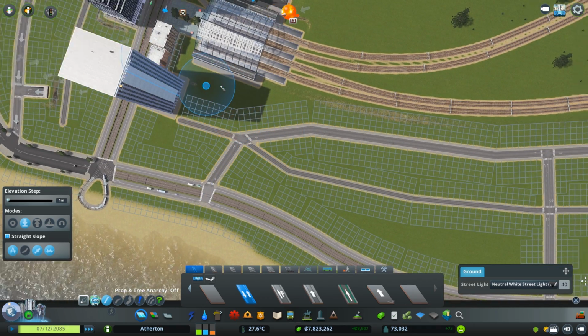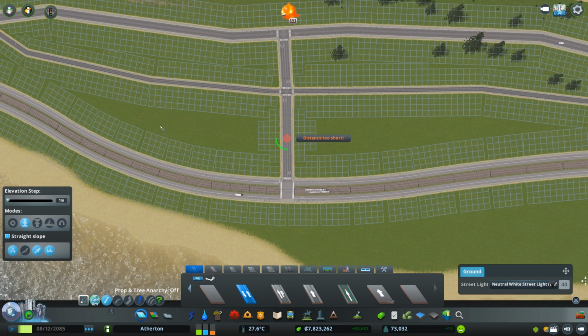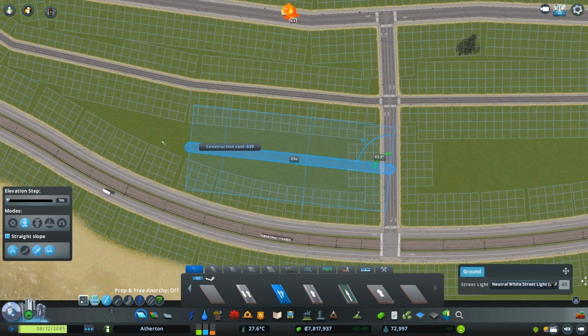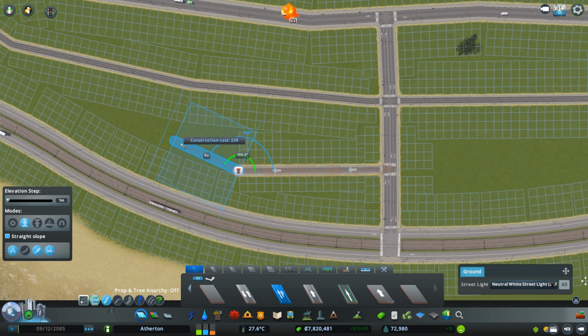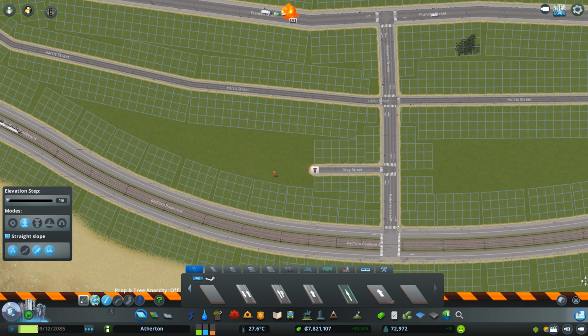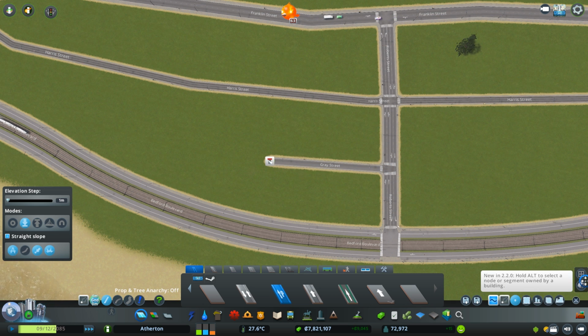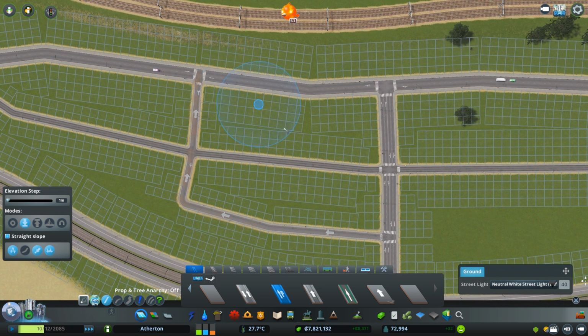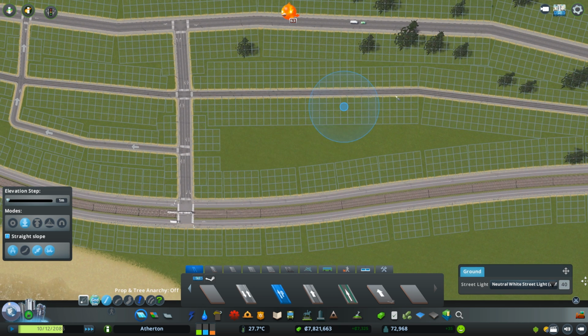And then, yeah, I want another... You know, I might do one-ways through here. One way here. Oh, that's not where I wanted that. Grey Street. It's going to go there. So I would like this to be... I'll do that. Go all the way up. And then...